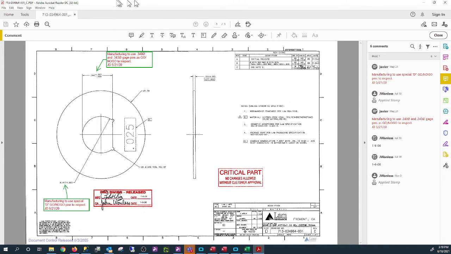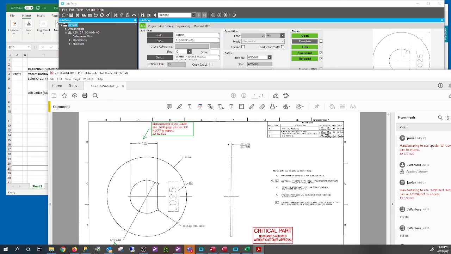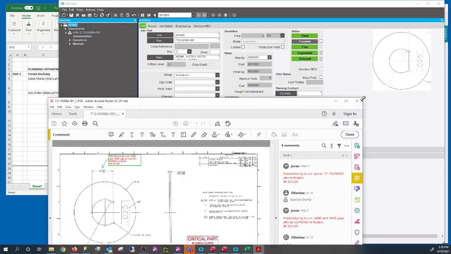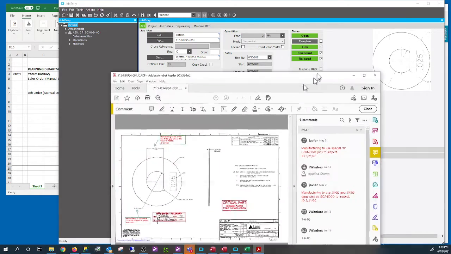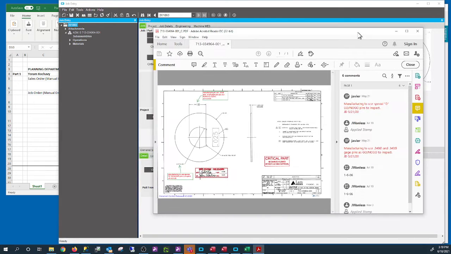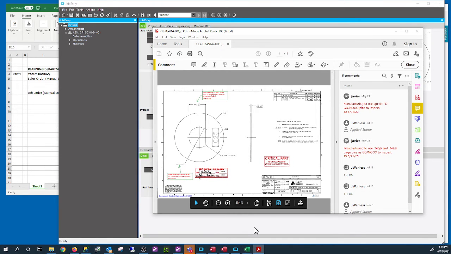So any changes a planner needs to make along the way, you can change it, but please contact document control, Hong, so she can bring another traveler and update it for you.